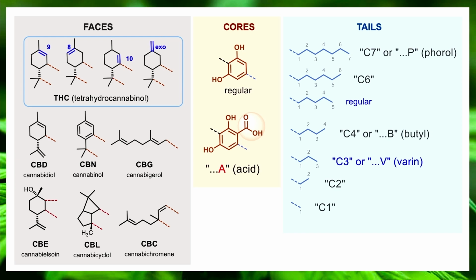And when a cannabinoid molecule has that, we put an A at the end of it. And the process of decarboxylation is actually removing that, which happens organically, naturally. When you heat a molecule, the acid falls off, and you lose the A. Right? You don't need an enzyme or a plant for that, just some temperature. And then the tail,